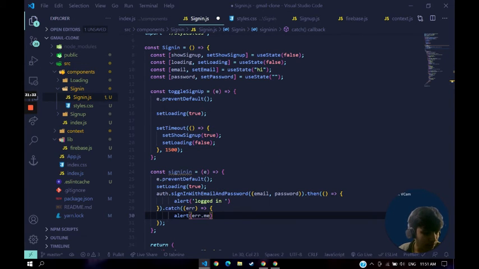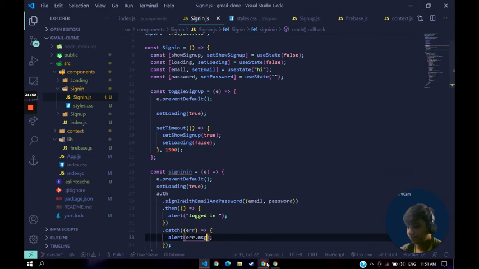So once the user clicks on that, okay, let me check. It was error dot msg. Yeah, it was error dot msg. So let's save that. Now if I refresh and click on sign in,